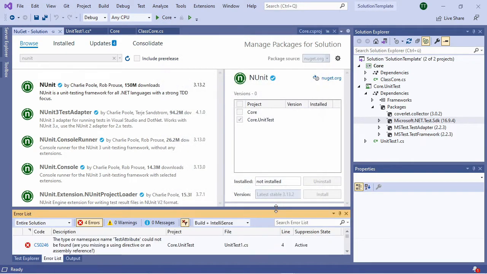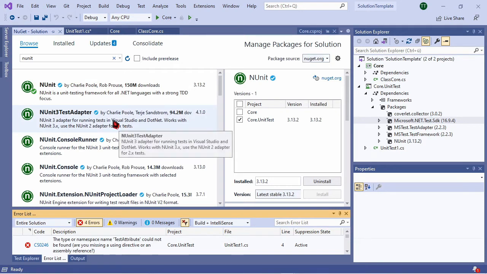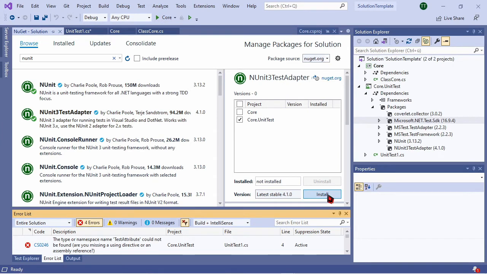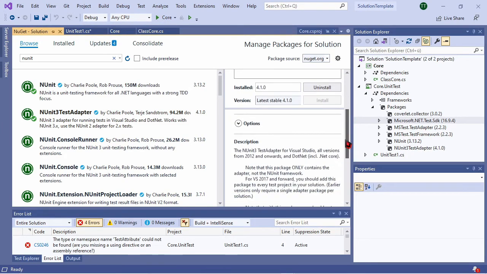I accept everything, NUnit. Okay. Then I have to also install the NUnit test adapter to the core unit test, and I install it. NUnit test adapter is installed. Okay, good.